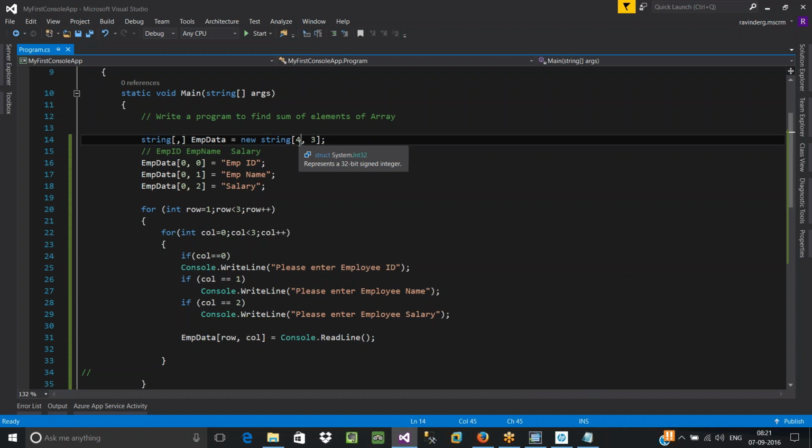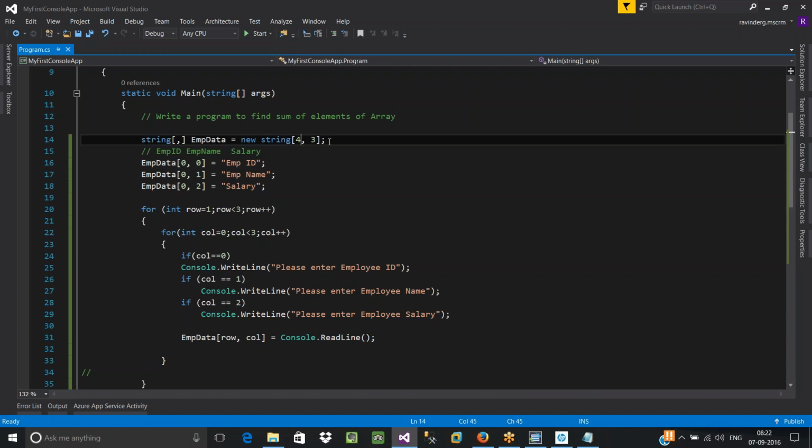In that case, it will be very difficult to decide your row size and column size. If I define it as 4, 3, it always accepts only 4 into 3, 12 elements. If the user enters 25 elements, it cannot be accommodated because we have defined the size within the programming environment. So once it is defined, it is going to be constant, which cannot be changed dynamically at runtime. Sometimes that leads to a problem, right? If you are really not sure about the size of data which is going to come from the user, it will be very difficult to accommodate your data into your matrix.